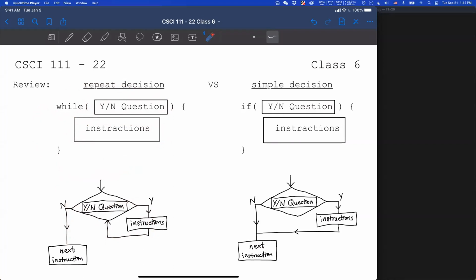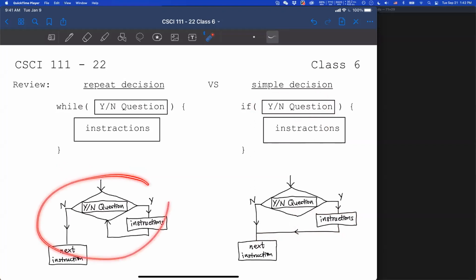Now for the simple decision, like what we did before with the if statement, the yes/no question will only get asked once, right? If the answer is yes, then you will go to the instruction, do whatever it asks you to do, and then you will just move on instead of going back to the question and doing it all over again, right?